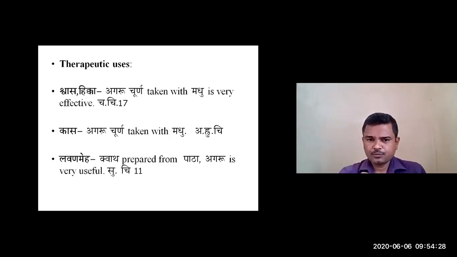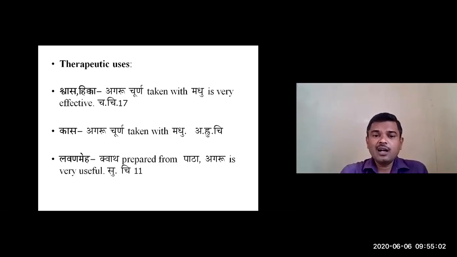Because of tikshna guna, the quantity should be minimal: 5 rati to 15 rati, depending upon the vaya, kala, bala, and agni. Considering all these, you have to choose 5 to 15 rati. That can be taken, add the madhu, mix it properly and do the lehana karma in case of swasa and hikka.